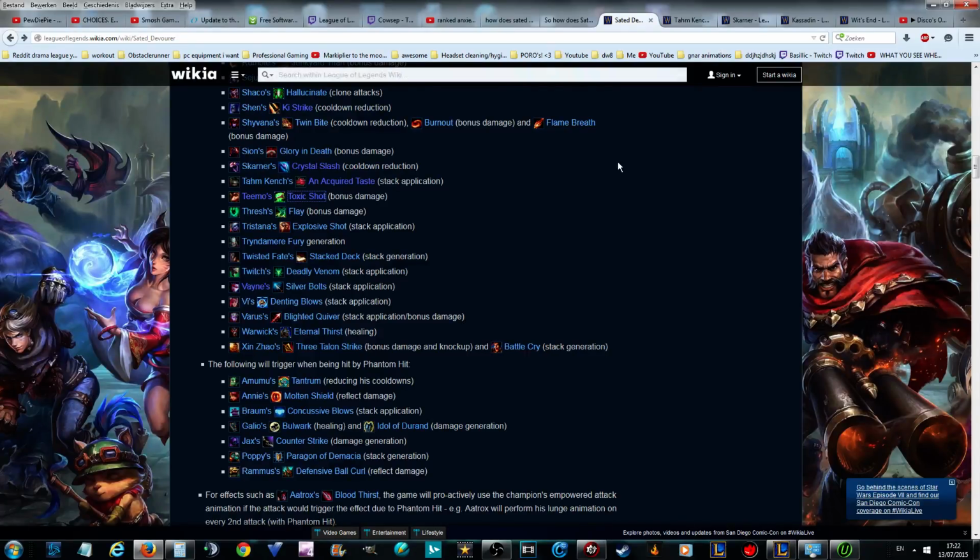Tryndamere, irrelevant. Twisted Fate. Kennen and Twisted Fate could play as AD carry now, but they have low attack range and their kit doesn't really help them do skirmishes and duels or trades well, in my opinion. Twisted Fate jungle, yeah, could work a lot. It's a lot stronger now. Twitch,